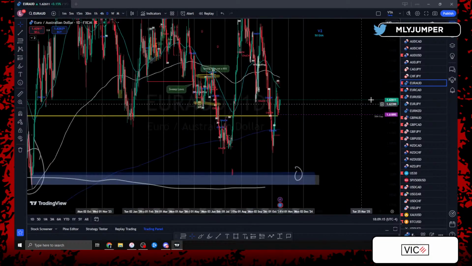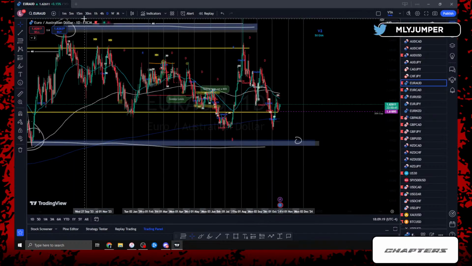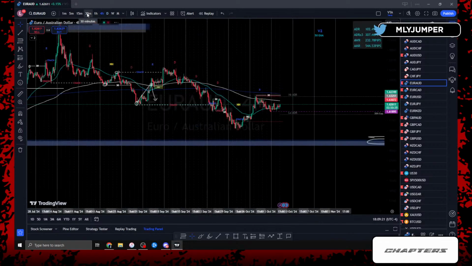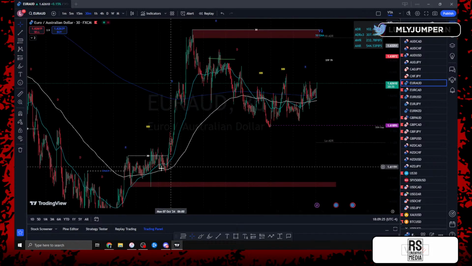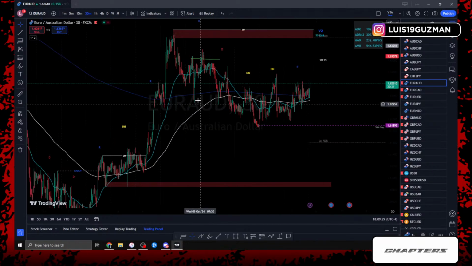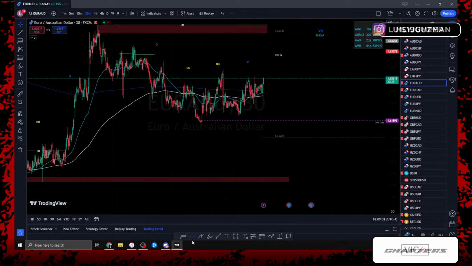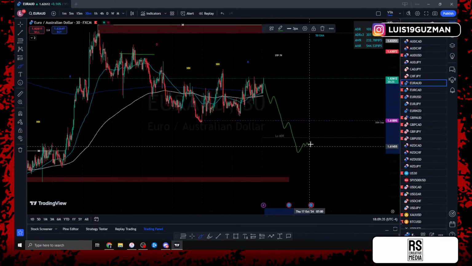So first and foremost, I want to get off of this lower lows and lower highs. I want to start seeing higher highs and higher lows, and that's going to flip in the 30-minute time frame. However, right now in the 30-minute time frame, we are trading between this previous higher high, higher low, and higher high. So I either want to see price trail back down and give me a steeper pullback